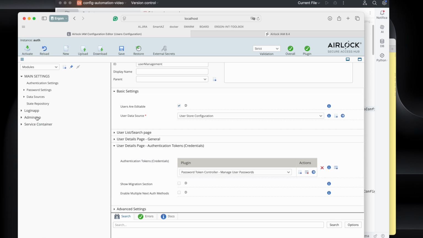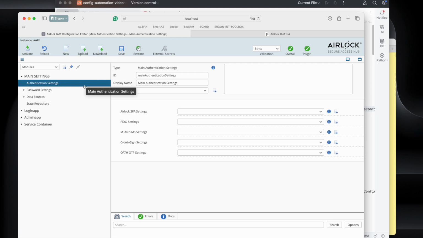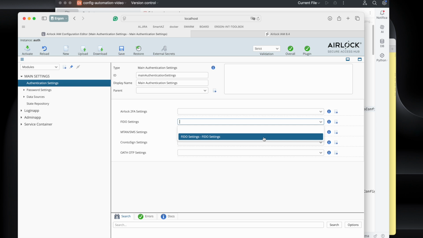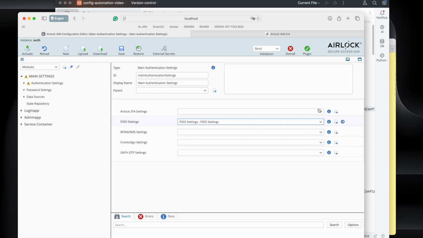So we imported all the FIDO plugins. We didn't have to create them all. This would have been a lot of work, but now we have to connect it. So let's go to the authentication settings and connect the FIDO settings that we have imported from the snippets. Now the configuration gets invalid because there's something within the FIDO settings that needs to be connected,